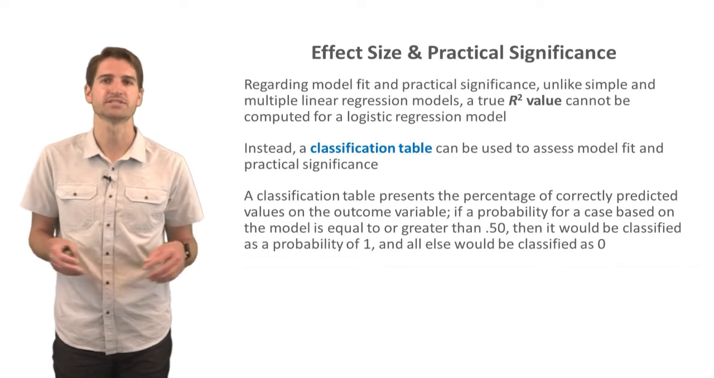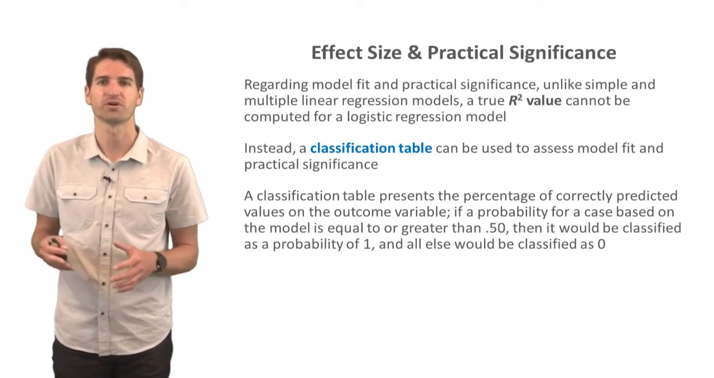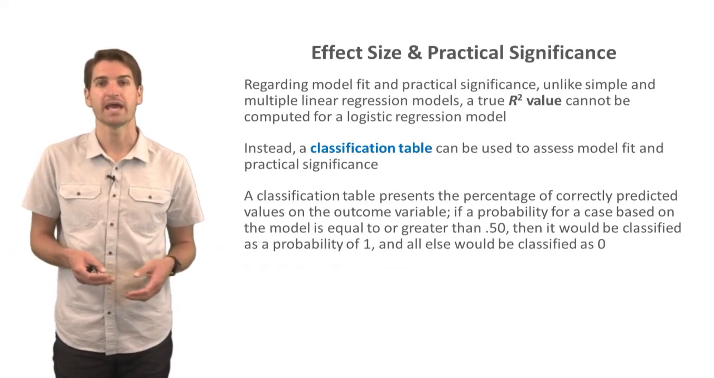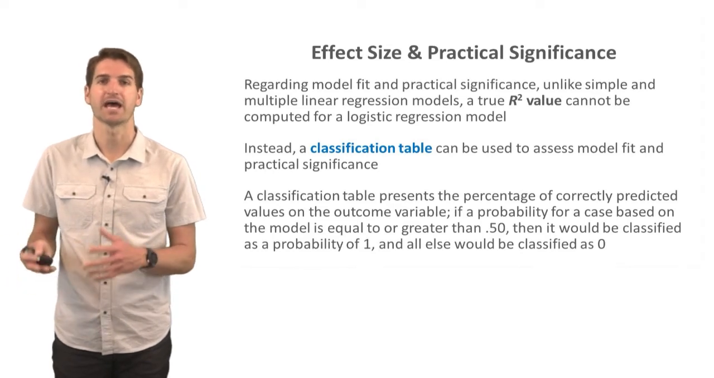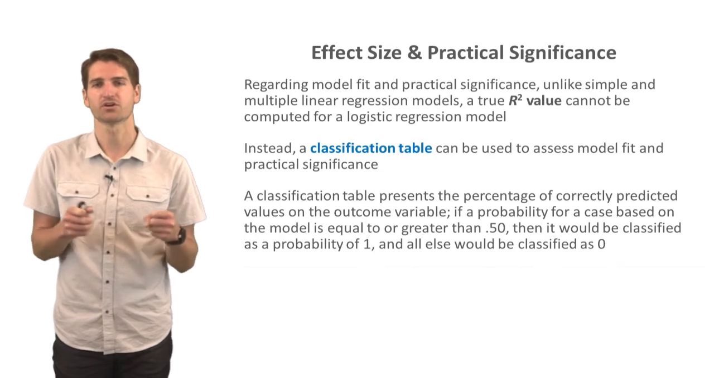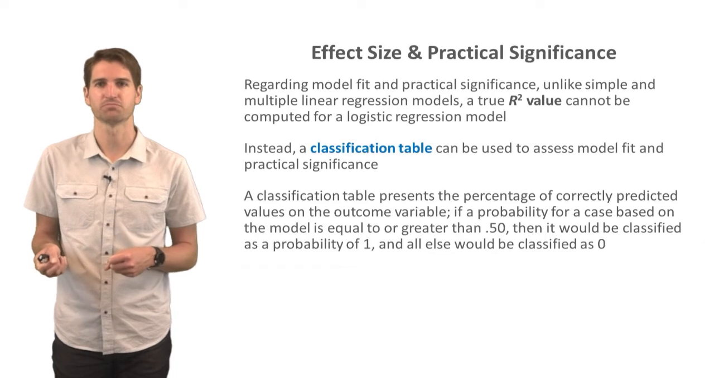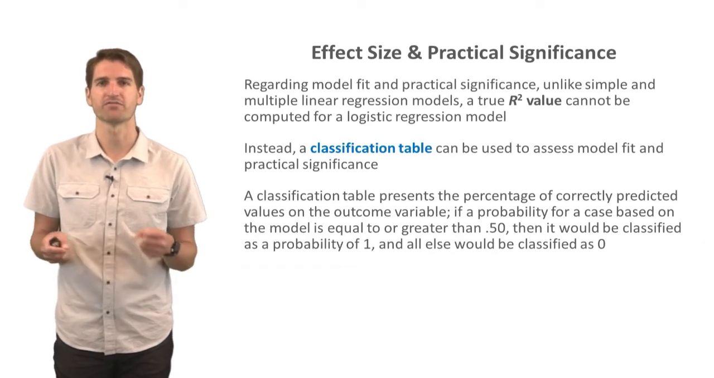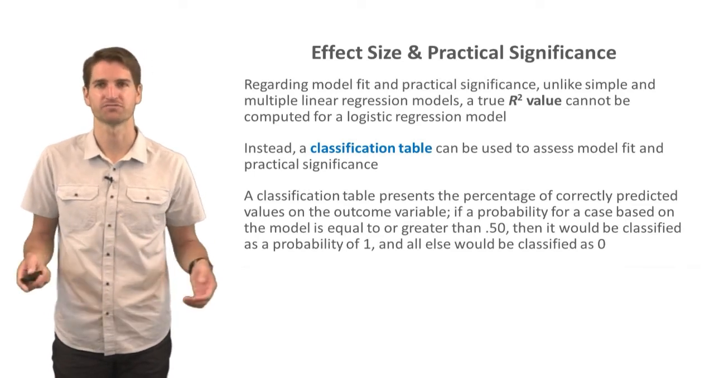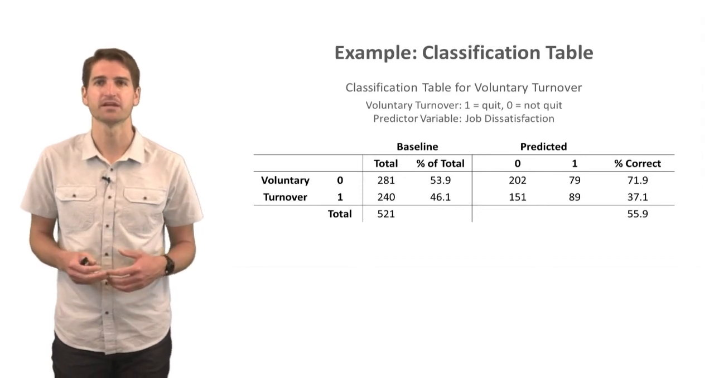How we do this is that if a calculated probability for a case based on the model is equal to or greater than 0.50, then it would be classified as a 1, and everything else would be classified as a 0. This way we can see whether, based on the equation from the regression model we came up with, we can accurately predict people. So it's a way of understanding how much error our model generates, or in other words, how well our model actually fits the data. Let's look at an example of a classification table you might see from a logistic